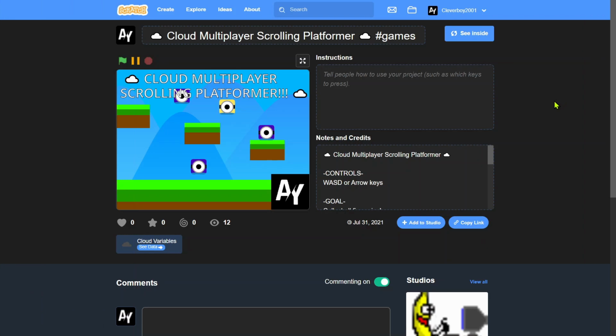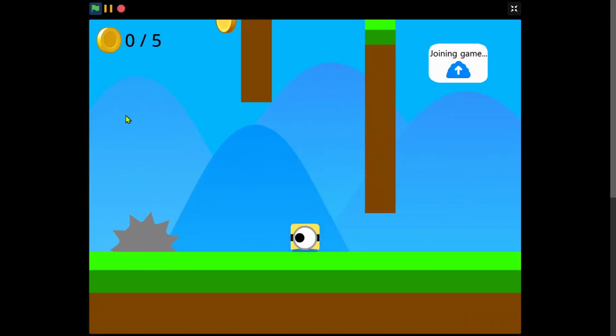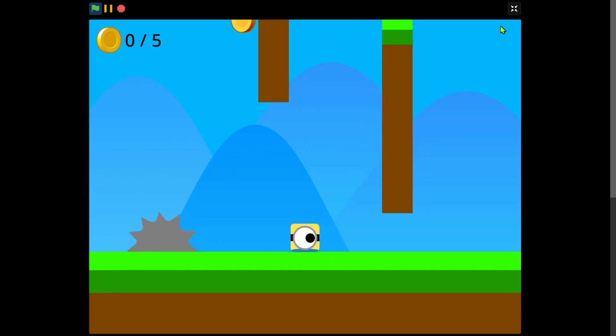Hello guys, welcome back to another Scratch tutorial on how to make an online multiplayer scrolling platformer, or as it's well known, the cloud multiplayer scrolling platformer. So let's play it. We have a joining game. Okay, so it's basically an online game, and we have the music,